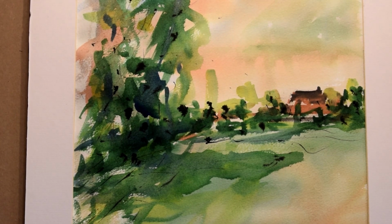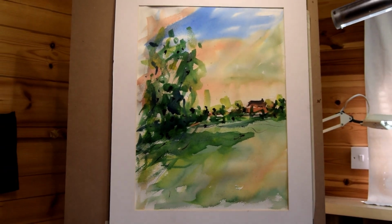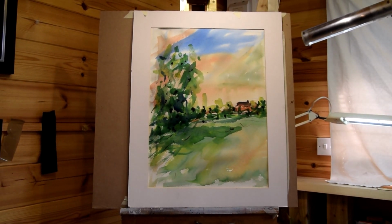So I've got it on the easel now, and I don't think I spent no more than about 5, 7, possibly no more than 8 minutes doing the whole thing. So in just 8 minutes, it's amazing what you can achieve. Here we go, with the mount around it. So do have a go, be brave, limited palette, keep those colours nice and strong,